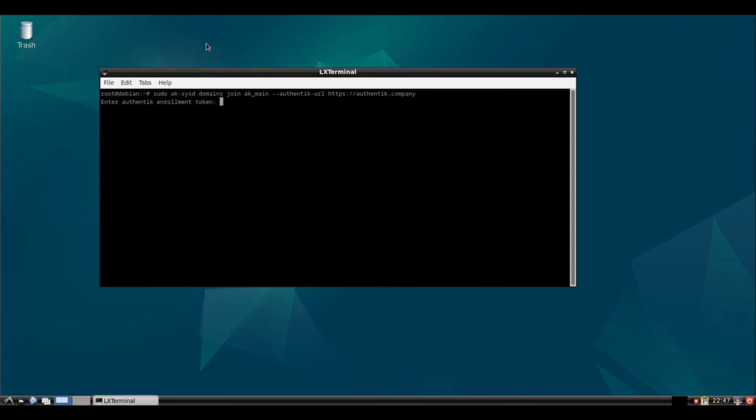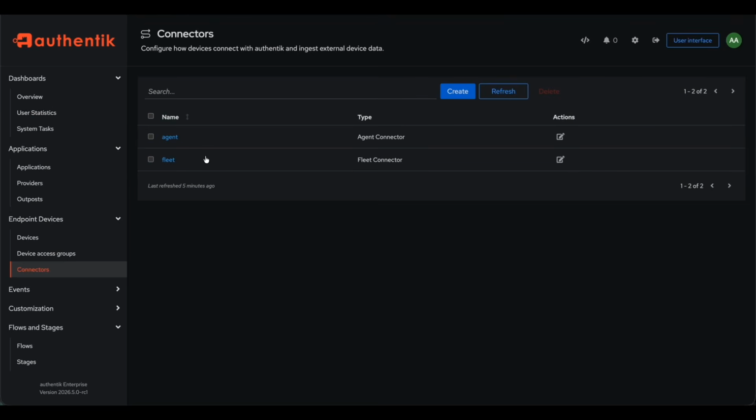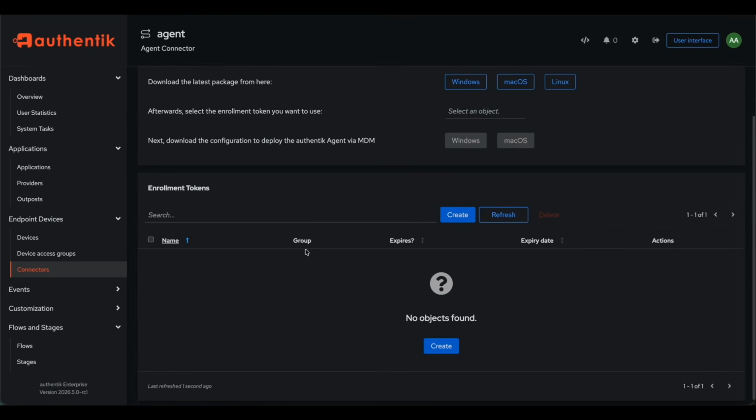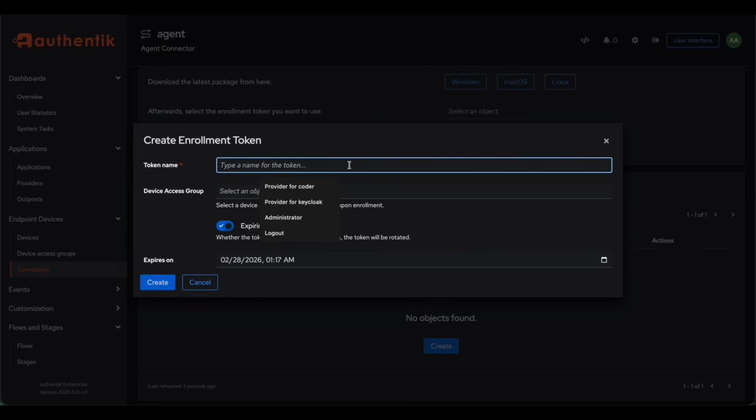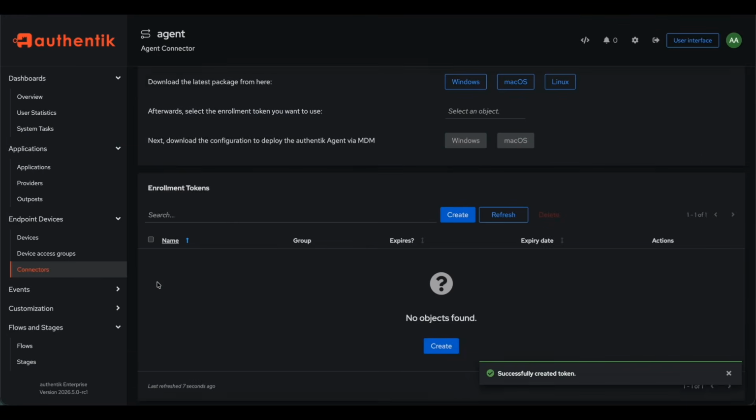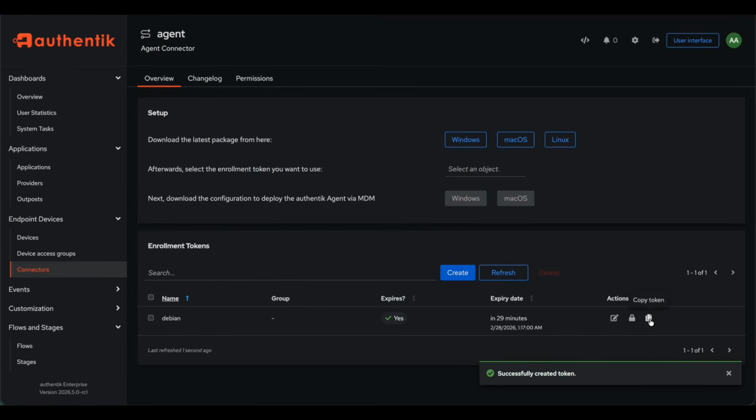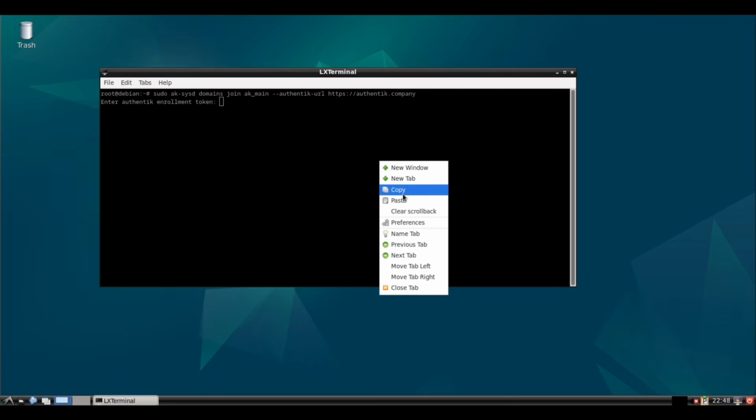Now we need an enrollment token. So if we head back, we come to our agent here. See here we can create an enrollment token. This will be for our Debian system. I'm going to call it Debian. Click Create. We can then copy the token, paste it,